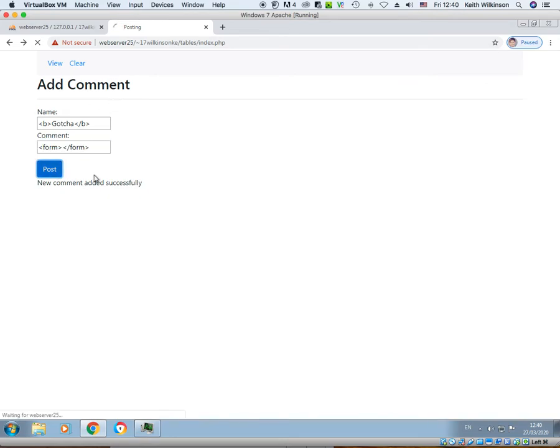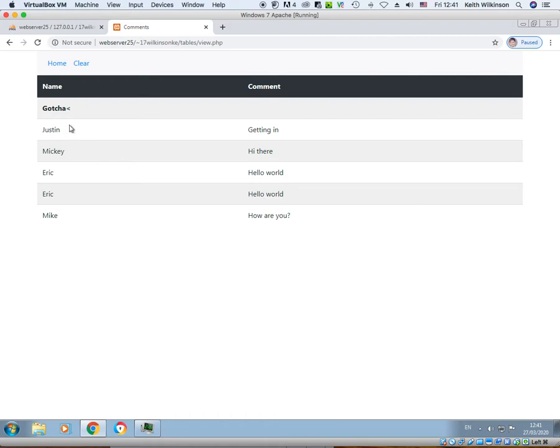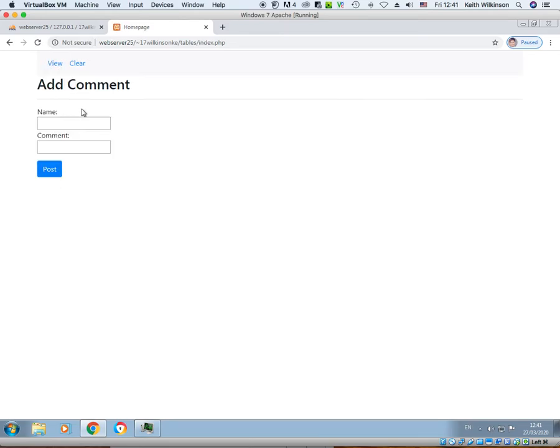So if I post that, it says new comment added successfully. My programming code that manages this is not very good. It is not protecting me against doing that. If I go to view, notice, look, I've got gotcha in bold. I've broken it. Somebody's sending in some homework for me. I've broken it. That could well be very dangerous. You know, I know I've got in, and if I really wanted to, I could do something called